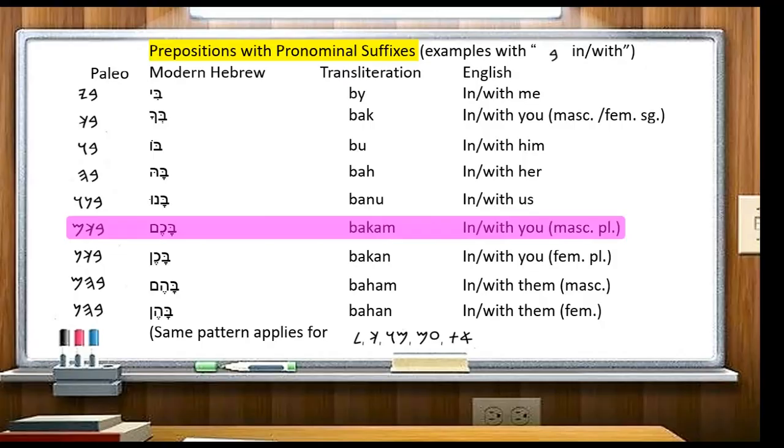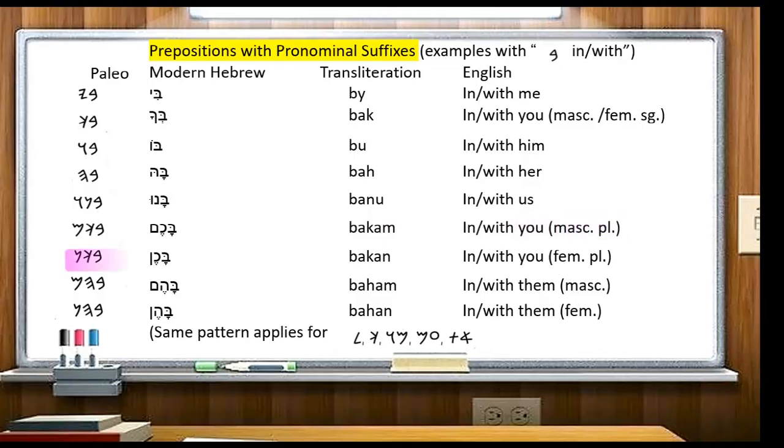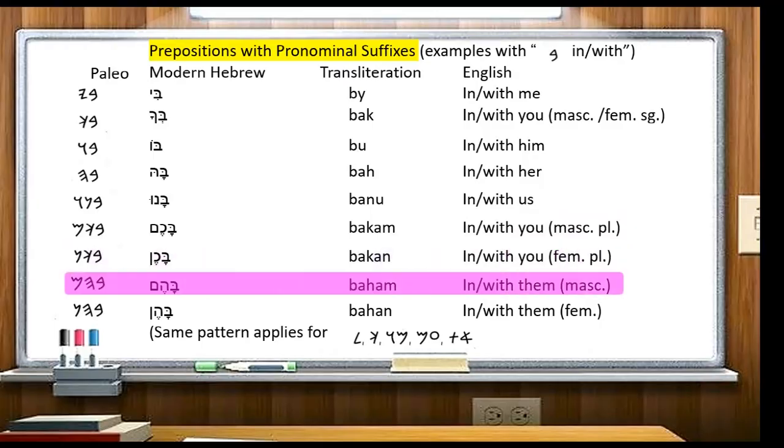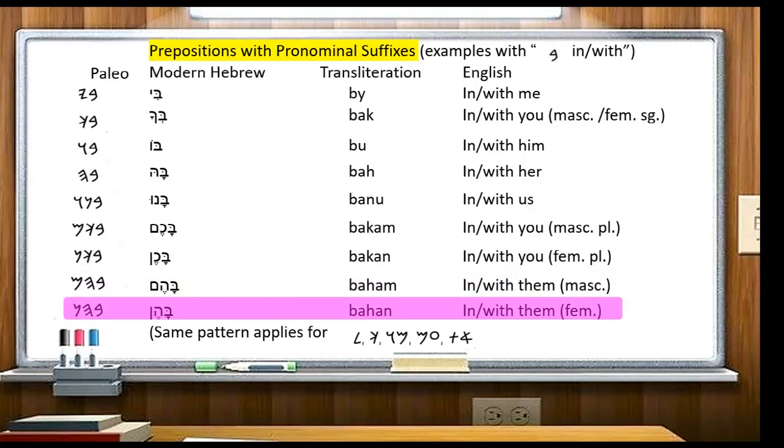So that's plural, a collective. So it's a group of males, bakam. In or with you, grouping, group of females, collective, bakan. In or with them, baham, masculine. And bahan, in or with them, feminine. The same pattern that is used here